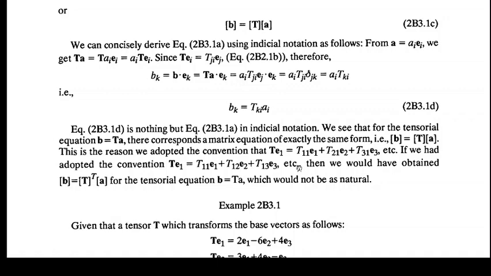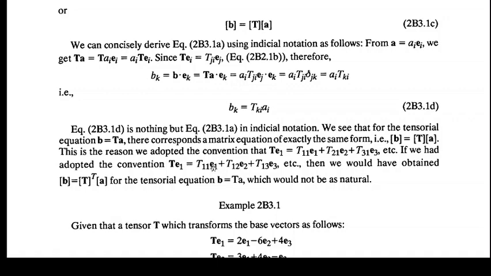But if we had adopted the convention Te1 equals T11 e1 plus T12 e2 instead of T21, which we have adopted,